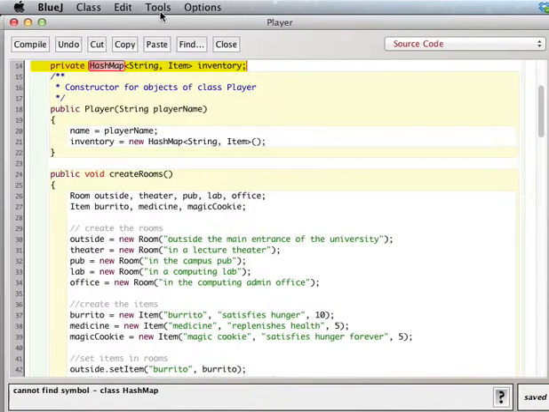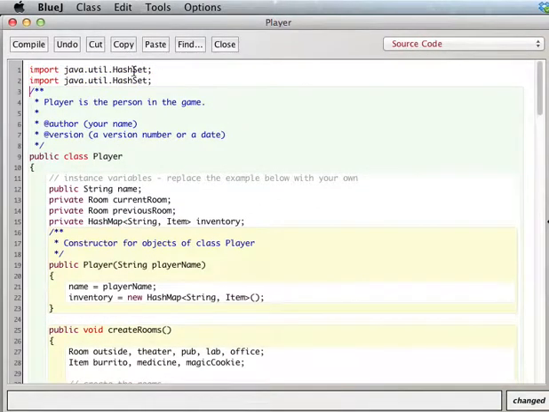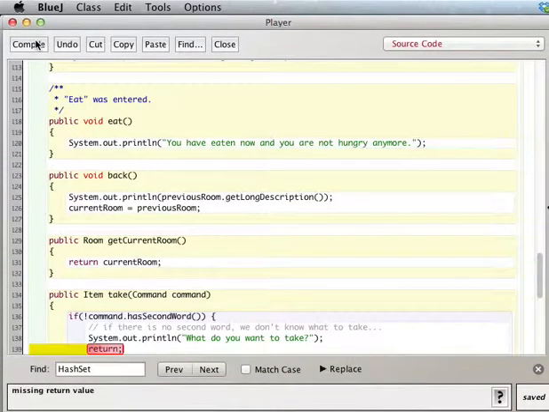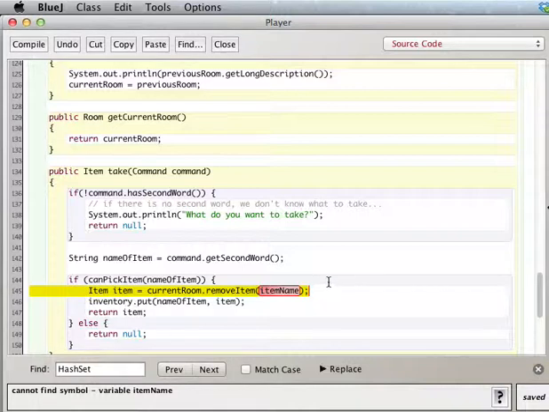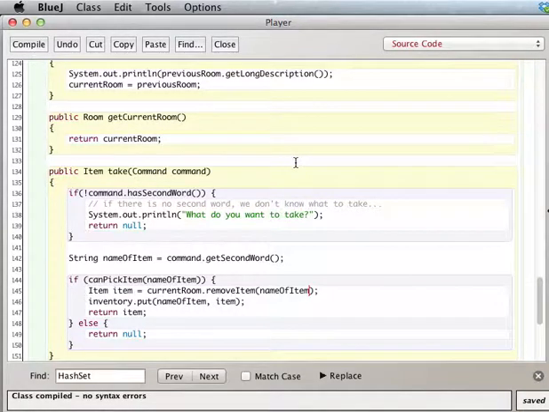Oh, forgot to import hash map, right? Do we need hash set? I don't think so. Oh yeah, it's just found statistics. Okay, so we don't need this one anymore. Return. Oh, wait. How about return null at this point? And what did I do? Name of item right there, right? Copy. Paste. All right, so